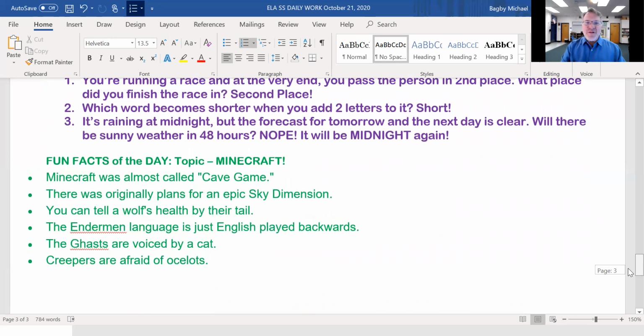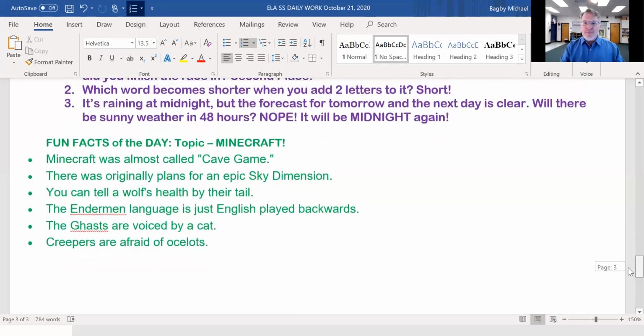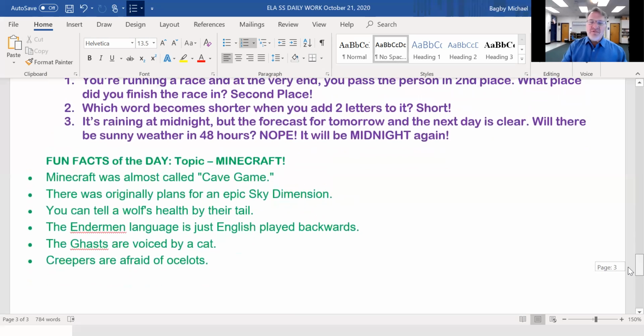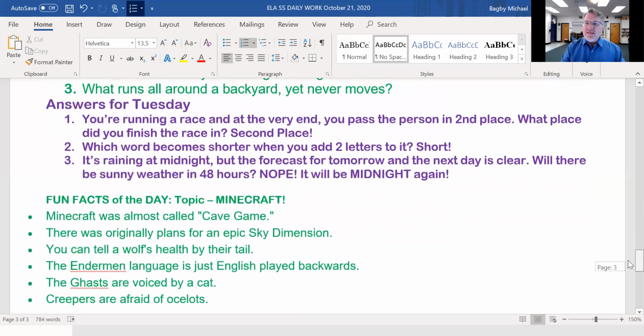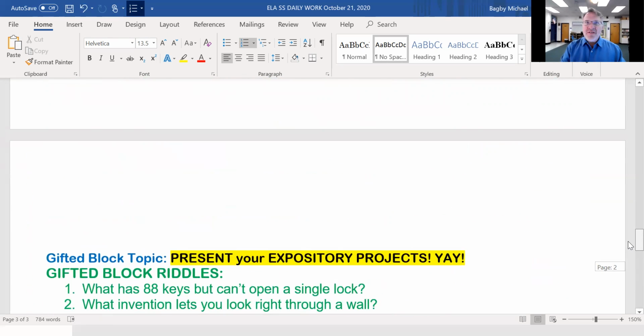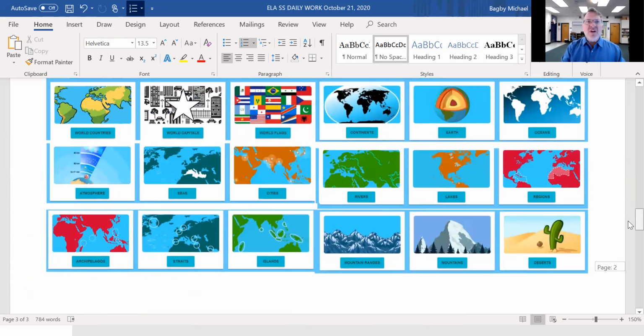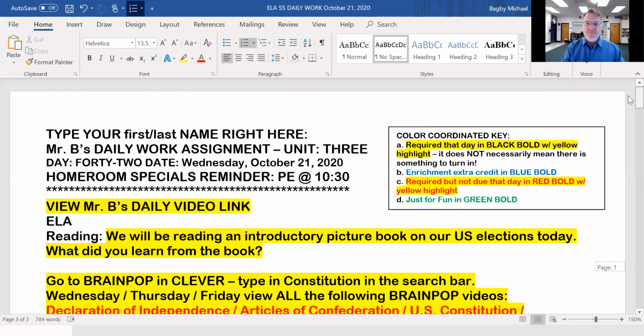I hope these are fun facts for you because they don't mean much to me, not being a gamer and not being a Minecrafter or a Robloxer. But I have no problems with them. I think they're pretty awesome and cool. And if I were your age, I would be loving them. But yeah, just never got into them after Super Nintendo something, when my kids were younger and I played Donkey Kong with them. That's the last game I really ever played.